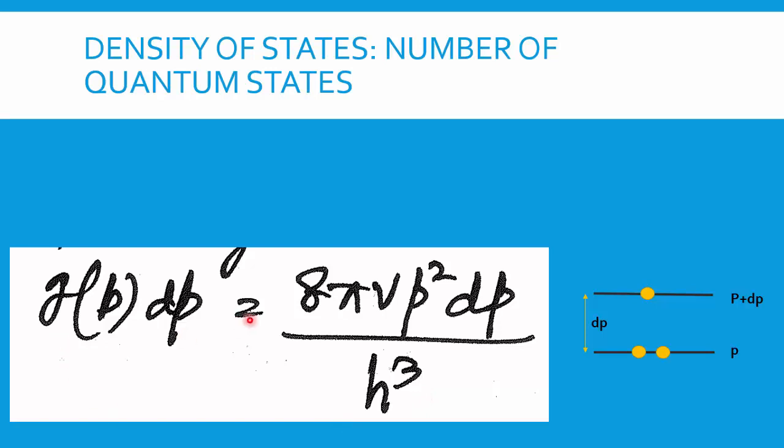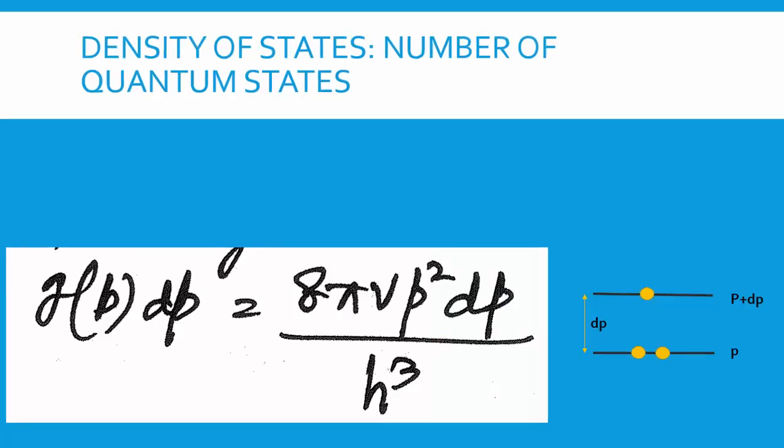So if you have a momentum interval and you want to calculate the number of quantum states, you use G as a function of P, meaning within that momentum your formula is 8 pi V P squared dP by h cube. So dP basically means that within that momentum interval. So now if I ask you